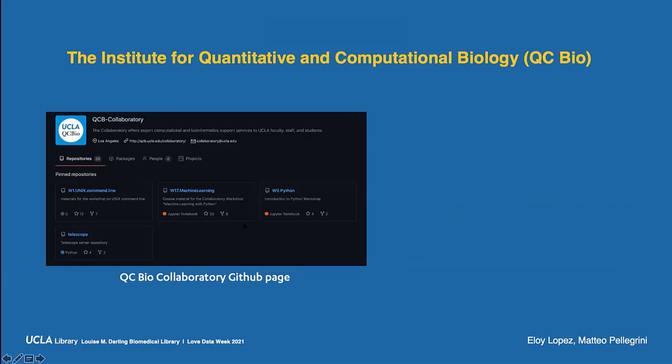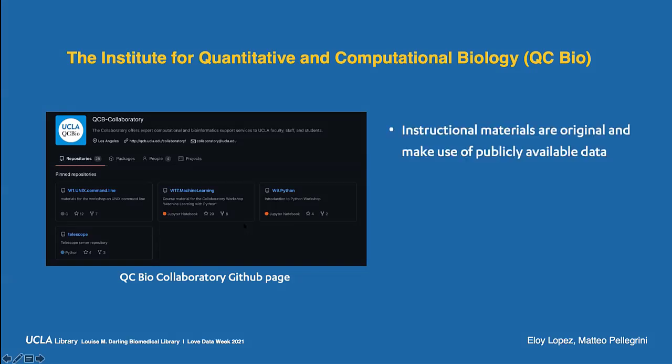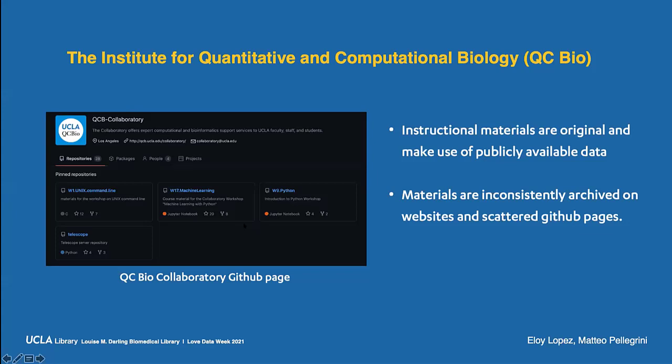On that theme, despite the fact that the way that the workshops were taught wasn't as inclusive as it could have been, this group already maintained most of their instructional materials in a GitHub repository, and everything was openly available. But it is complicated for the user, because materials are inconsistently archived in a variety of places: websites, YouTube, GitHub pages. And so another area where the library can step in and provide support is in aggregating this content and helping the researchers and the fellows themselves publish this content so that they can cite it